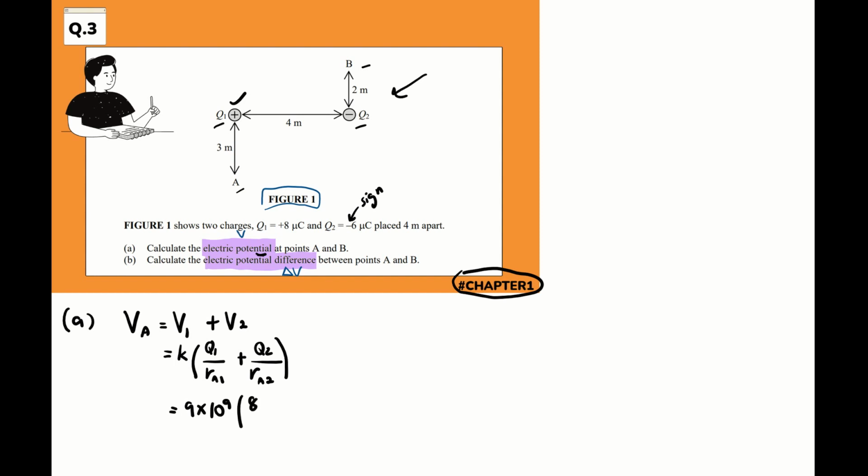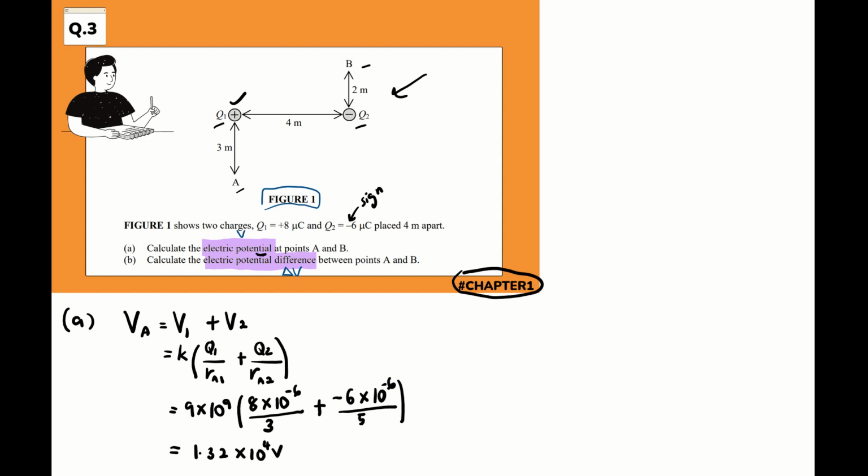We have 8 for Q1 times 10 to minus 6, over the distance 3, plus negative, we have to include the negative sign, minus 6 over 5. And you're supposed to have VA as